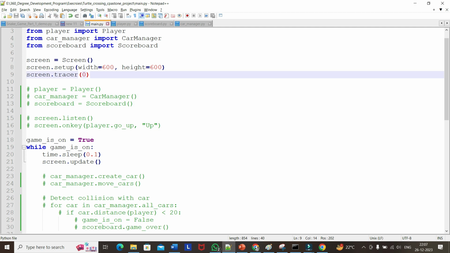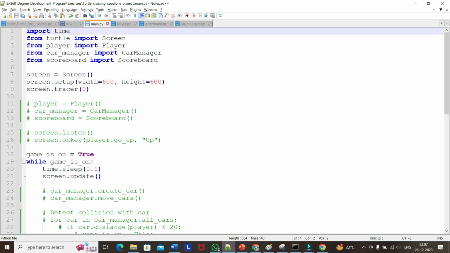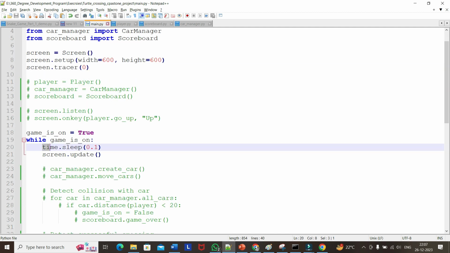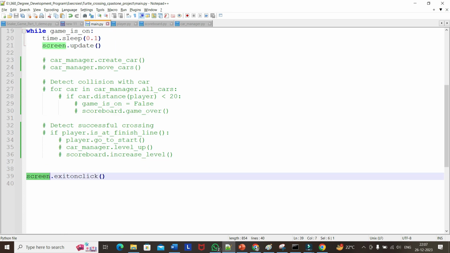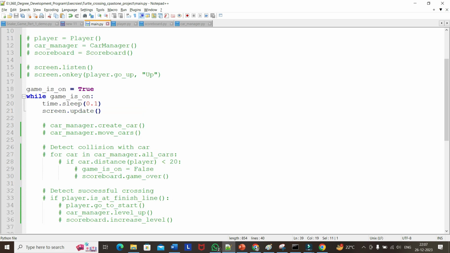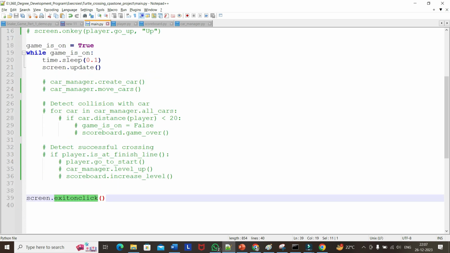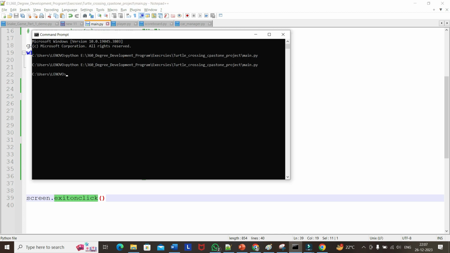So what we did, we have imported the time module, and from the turtle module we are importing the Screen. This is the first step in any gaming program. We create a screen and set up the size, and we are turning off the animation, and then the refresh rate is 0.1, and we are updating the screen manually. When our user clicks on exit on click, then only the screen will disappear, otherwise it will stay on. So when I run again,